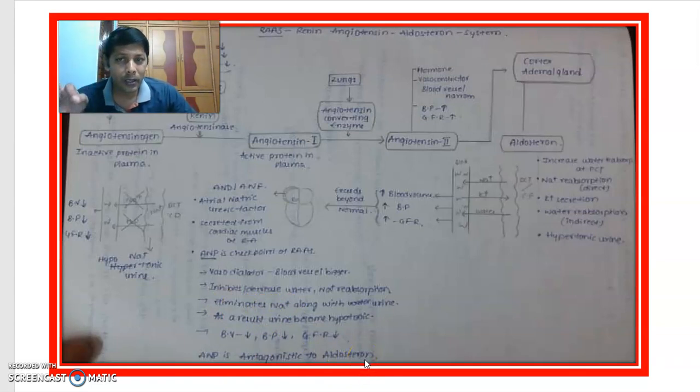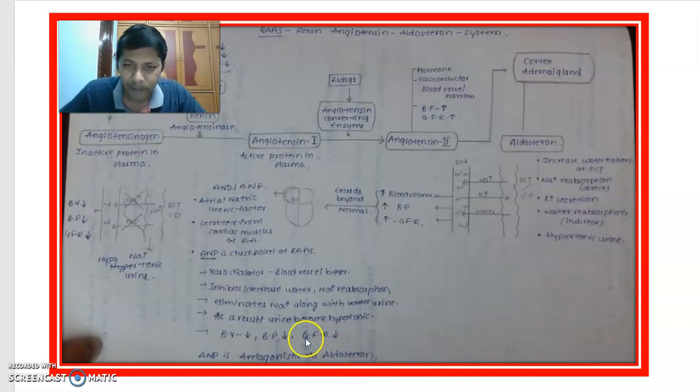You know, insulin is antagonistic to glucagon. Parathyroid hormone, you will be learning later, is antagonistic to thyrocalcitonin. And here ANP is antagonistic to aldosterone. అంటే రెండు opposite way లో యాక్ట్ చేస్తాయి. They act against each other. It eliminates Na plus along with urine; here there is reabsorption, but there elimination takes place. Because of this hormone ANP, blood volume decreases, BP decreases, GFR decreases.